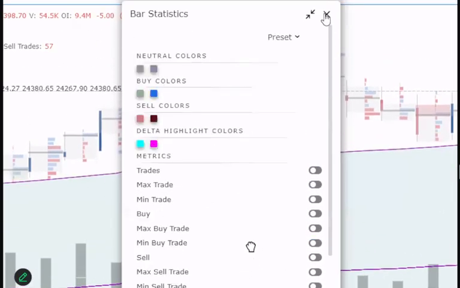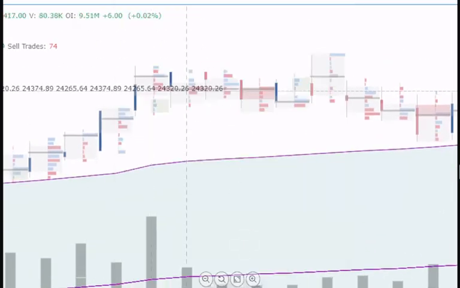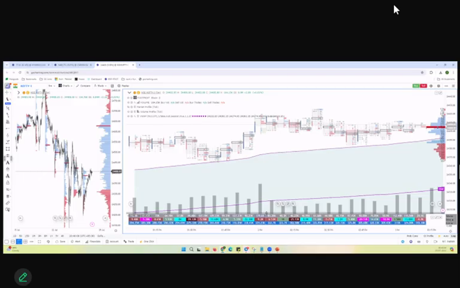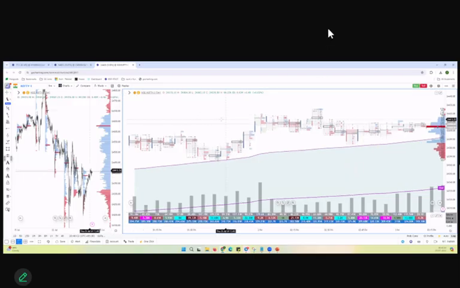In bar stats, I just use three for now, and that is good enough. You can probably use the delta percentage if you want to indicate how much delta has happened,